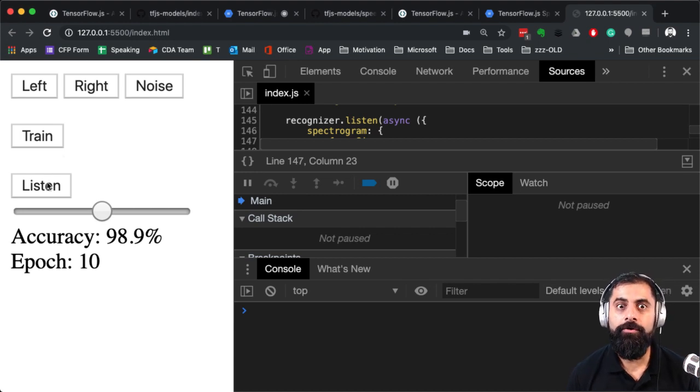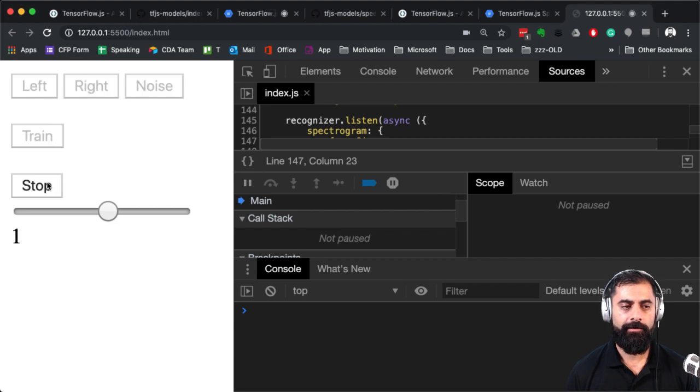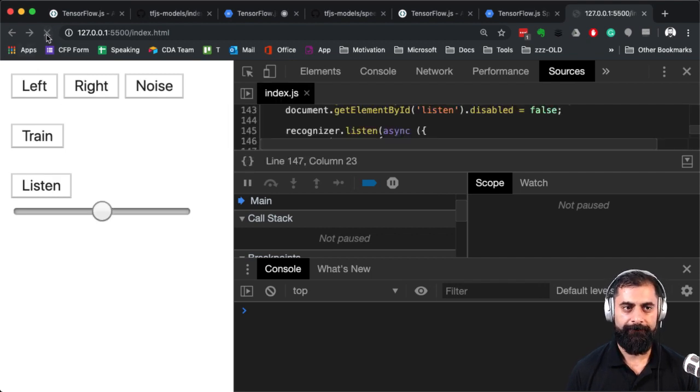I can't remember what my noises were. I'm going to remember my noises. Let me do my noises again. Okay, how am I going to remember my noises? Low is left, high is right, okay?